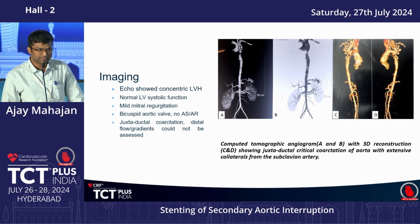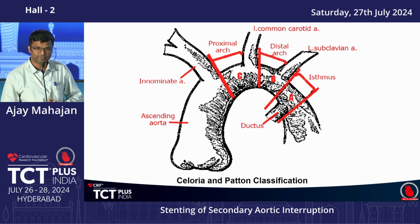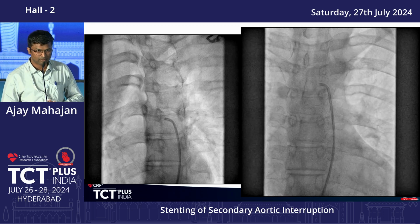And considering the juxtaductal coarctation, we considered going for percutaneous intervention. This classification, the Celoria and Patton classification, is mainly for neonates who present with an interrupted aortic arch. However, the most common one, as shown in this figure, is the isthmus. That is the commonest one, where around 15 to 20% of patients present with the typical coarctation or interruption at this site. Our patient had a similar finding, and we considered passing the wire through either the femoral or